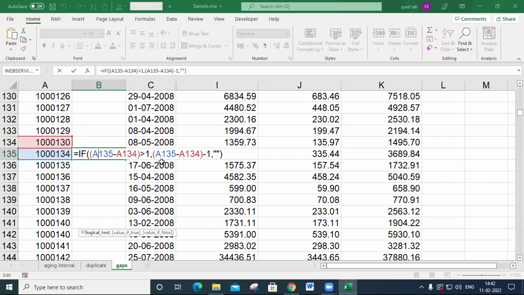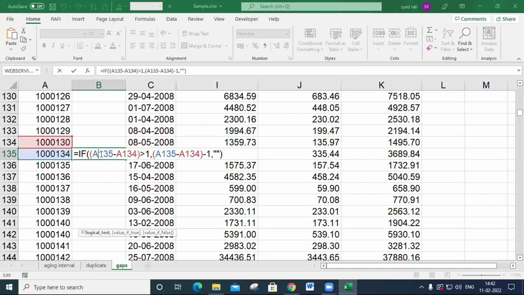Here these are only numbers, that's why we apply this one. If it includes some text, we apply a different technique. These are only numeric values, so we enter it like this. There is no problem in this one.